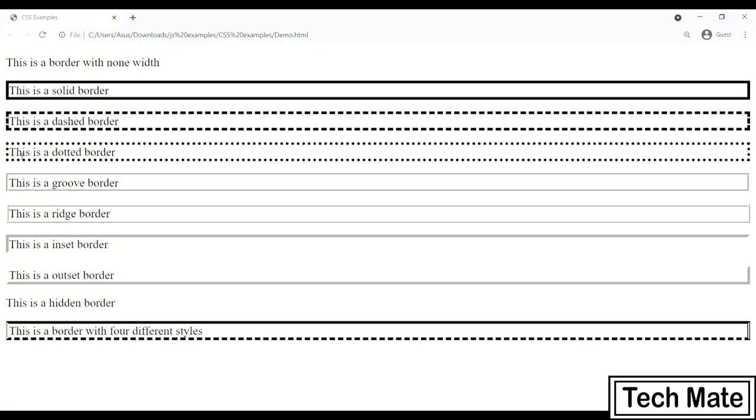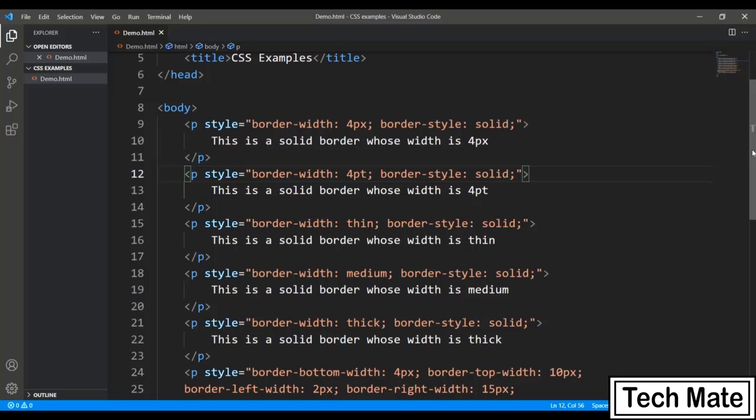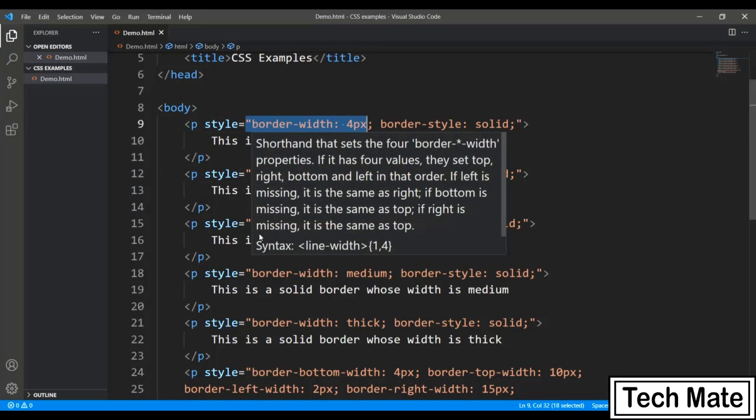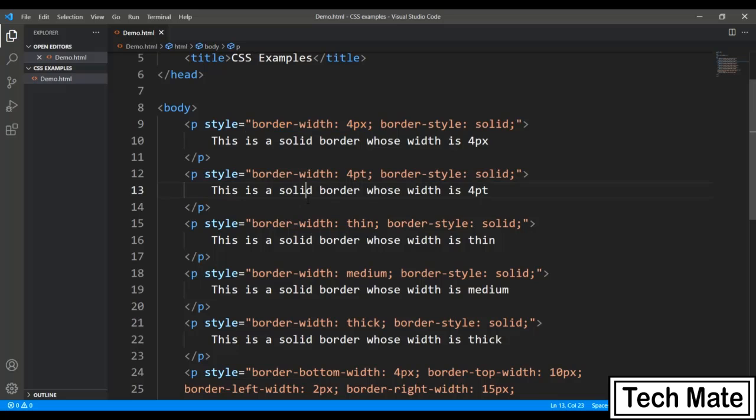So these are the different border styles which you can pass using the CSS class with the attribute border style. And now here you can see that I'm making some changes in the border width, which I have done earlier as well, but the new thing I wanted to show you is that apart from values like 4 point or 4 pixel, you can also use the keywords like thin, medium, thick. Alright, so again the last one is